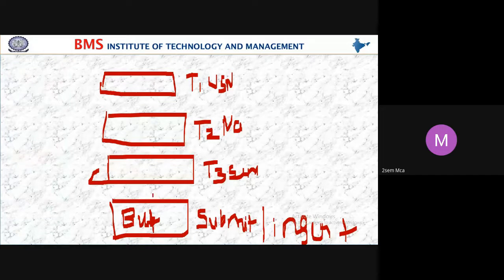But the end users, when they use this application or when they use this website, they will not understand what inputs they have to give in the text boxes. So that is the reason why we have to give a label. This label tells what we have to enter into this particular text box, what we need to enter into the second text box, what you have to enter into the third text box.